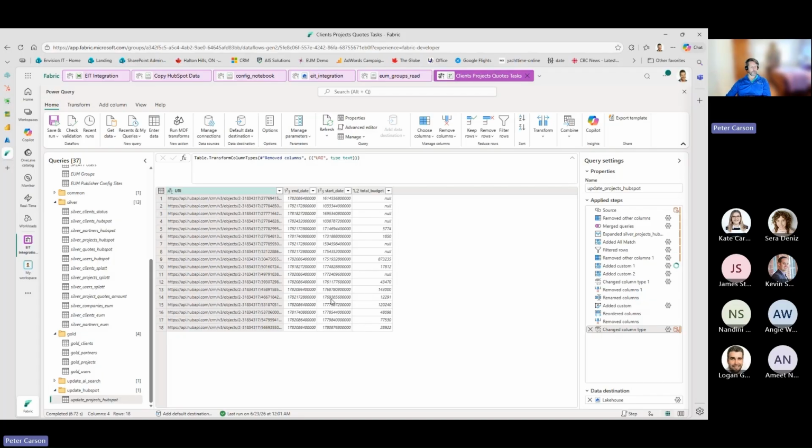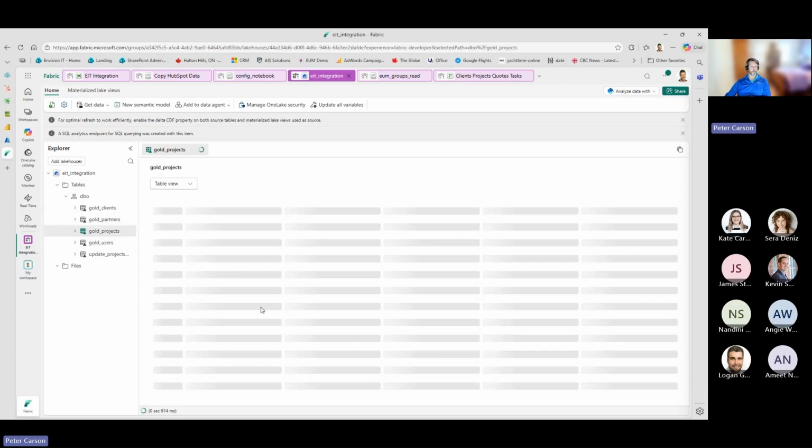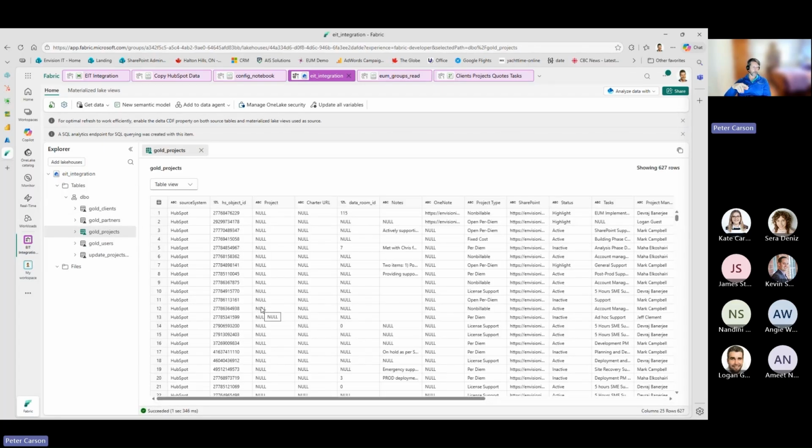We're not going to go through that today, but that'll be part of later sessions. Okay, we've got this data here, and what we do with it is we write it out to the lakehouse itself. And that's where those lakehouse tables that we were looking at before came from. So we've got our gold records here. If we want to look at our gold projects, I don't need to run that query. It's now recorded in this table in the lakehouse.